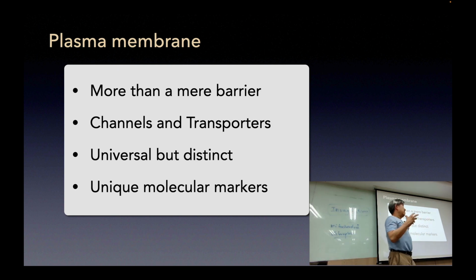So some material won't go in such a direction, from higher to lower concentrated area, because some discrepancies exist. But still, sometimes, even at the spending of ATP energy, we need to transport some of the valuable material from outside to inside or vice versa. So maybe let's just take this difference between channels and transporters as it is, although it is not an entirely accurate distinction. And so this plasma membrane,